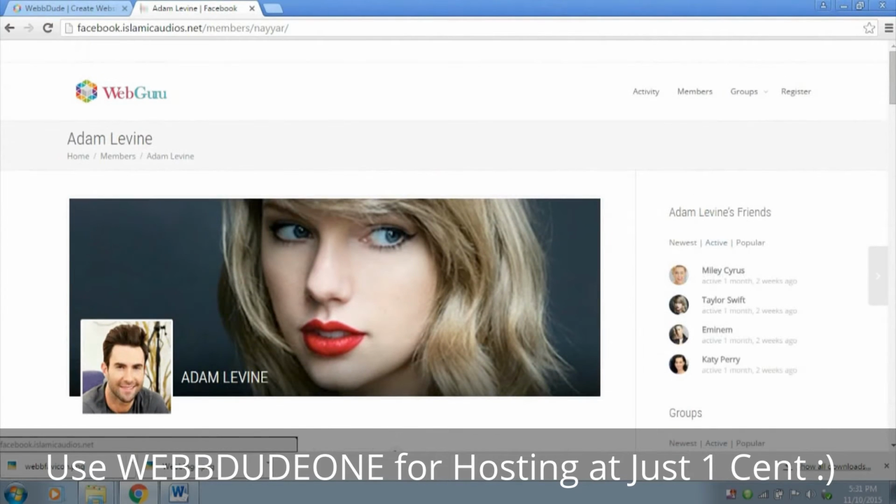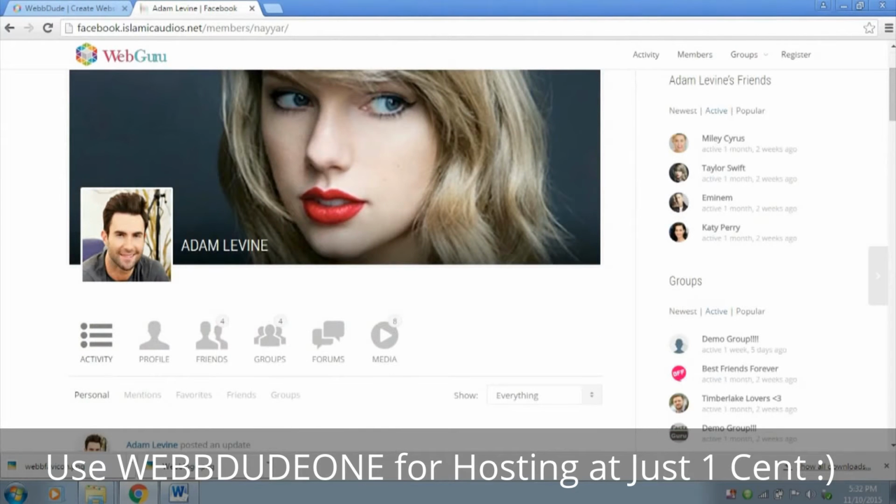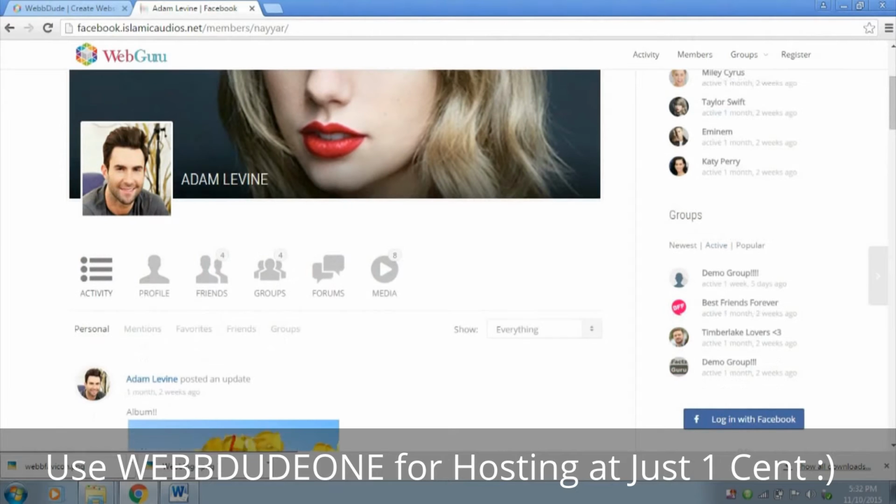So as you can see here we'll have our own logo, some pages, a cover image, profile picture, activity page. Here is a profile tab where you can see your own profile, edit something. Here it shows 4, means we have 4 friends. I have 4 friends with me right now. I am added to 4 groups, no forums, 8 media, means I have uploaded 8 medias, maybe mp3 or image or anything. And a great thing about this website, I think so, is that we can even upload a mp3